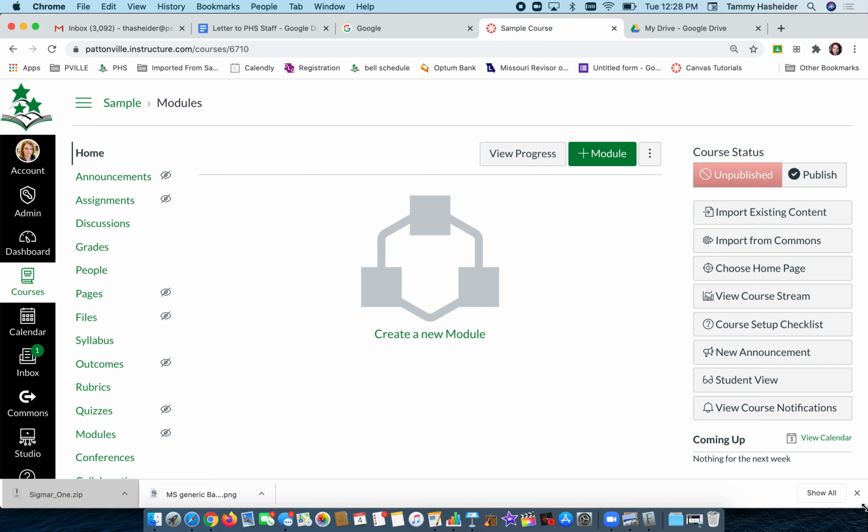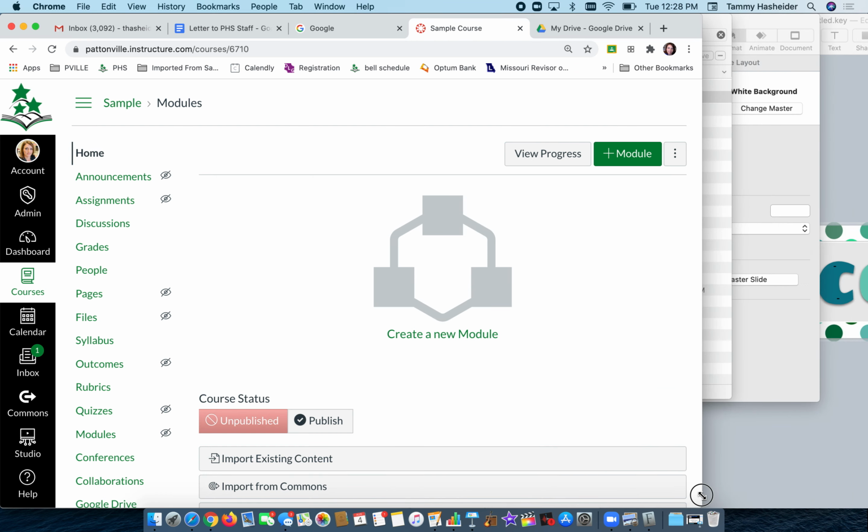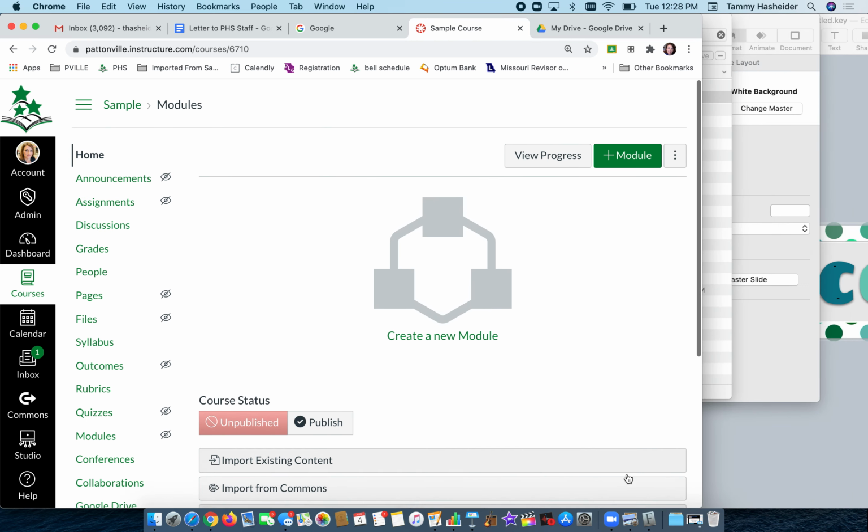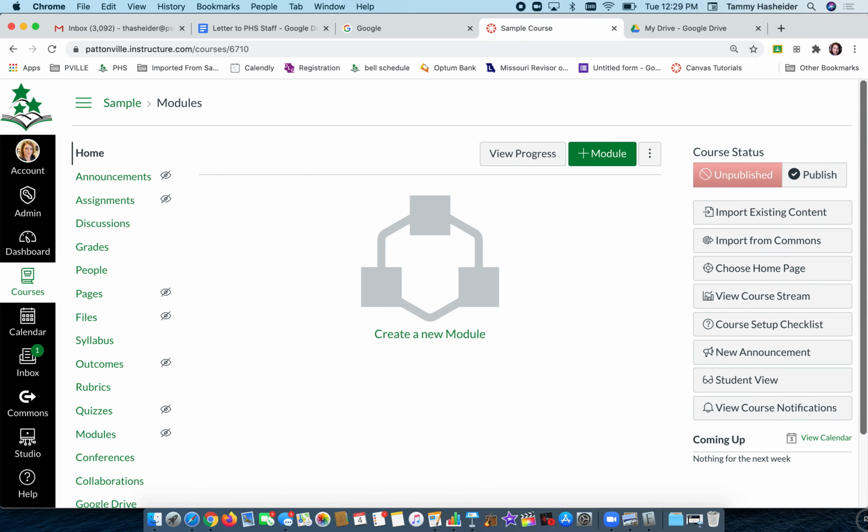Now keep in mind, if your screen is zoomed in too far, or you've increased your font size too much, that menu may kind of go down to the bottom as well. So it could be on the right, it could be on the bottom, but you're going to look for this Import Existing Content. You can also import content from the Commons